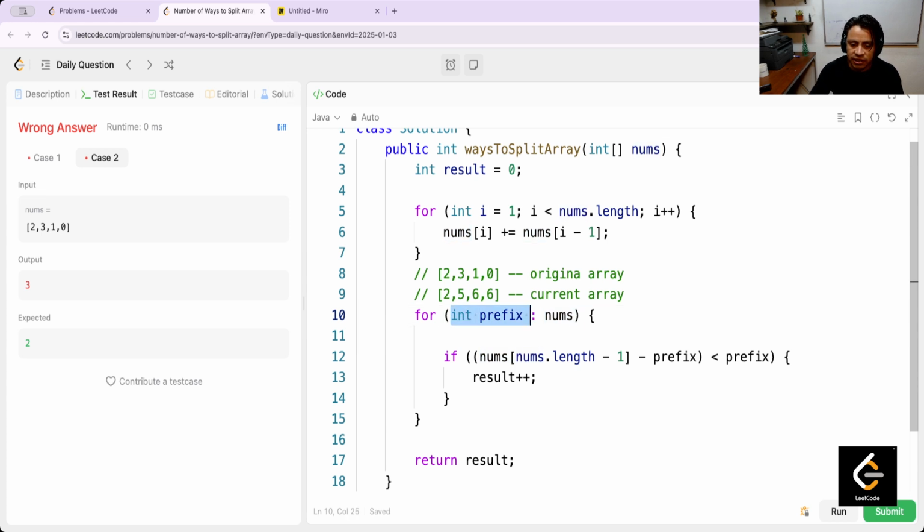Here I need to change this to integer i equals 0, while i is less than nums.length minus 1, i++, and